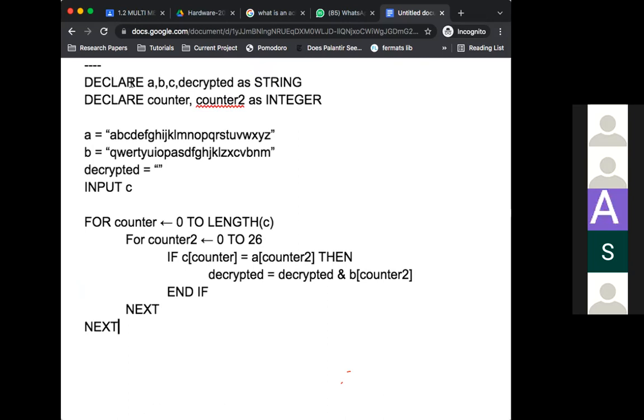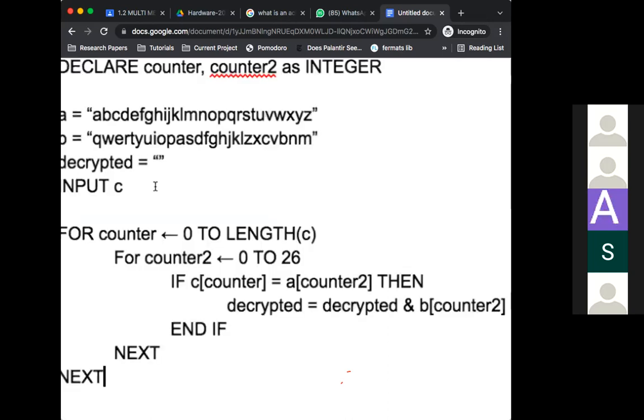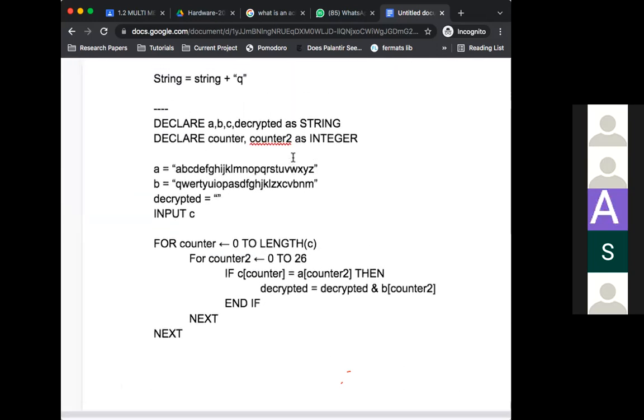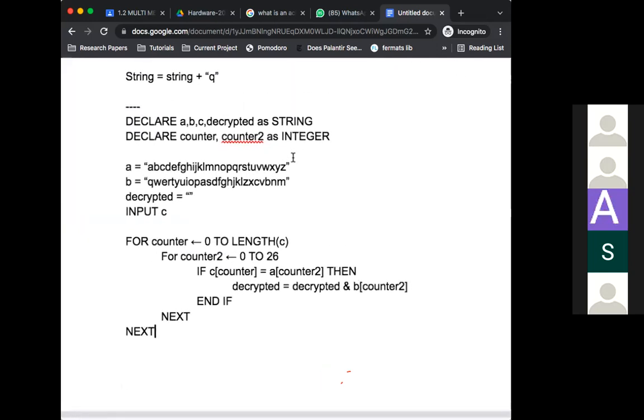You have A, you have B, you have C, you have decrypted. What is A? A is your entire alphabet as it normally is. B is your encryption algorithm. So like I said earlier, A will become Q, B will become W, C will become E, right? Something like that. Decrypted is where you're going to store your string once you've decrypted it,